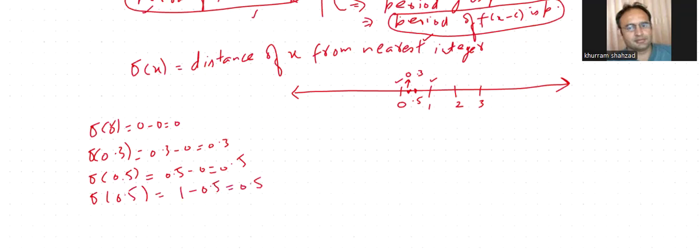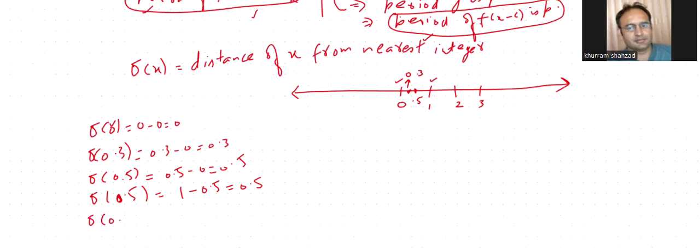Now you can note that I am subtracting the smaller number from the greater number, because this sigma of x is defined as the distance, and distance is always taken positive. So I have to subtract the smaller number from the greater number. Now, what is the image of this? This is 0.5. What is the image of